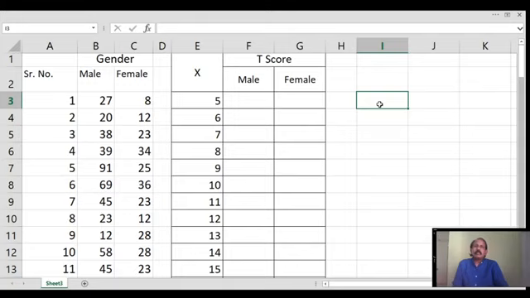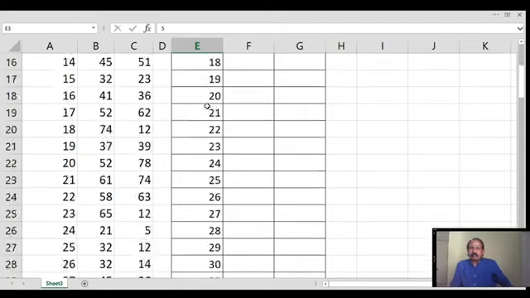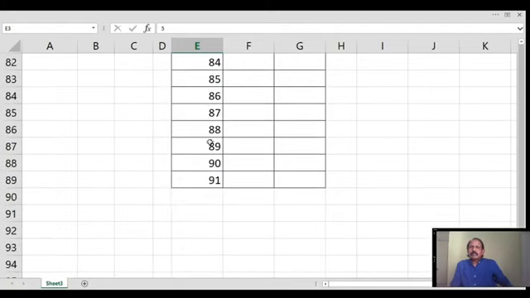It means we have to find the data set of X, that will be called X, from 5 to 91, and it is to be written in a particular column in Excel. We can write it anywhere. Here I have written it in column E, and all these numbers will be known as X. Our X's are from 5 to 91, and the range of our X's is E3 to E89. Our last X is in E89, that is 91.